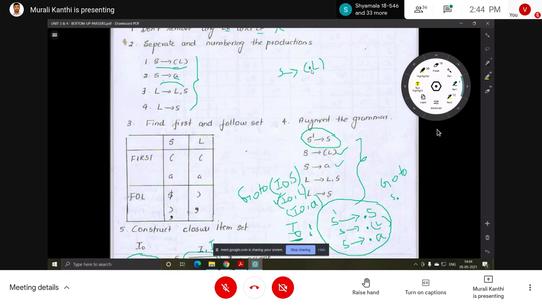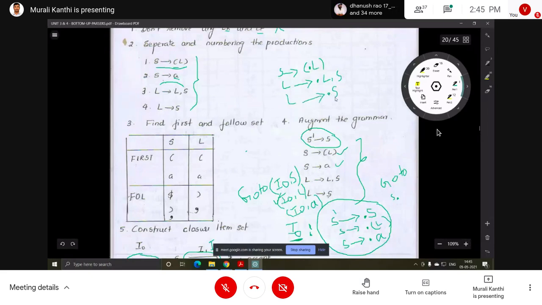But for a non-terminal, we add that non-terminal's productions to this set. L productions: how many are there? Two. So add L productions: L implies dot L comma S, and L implies dot S.